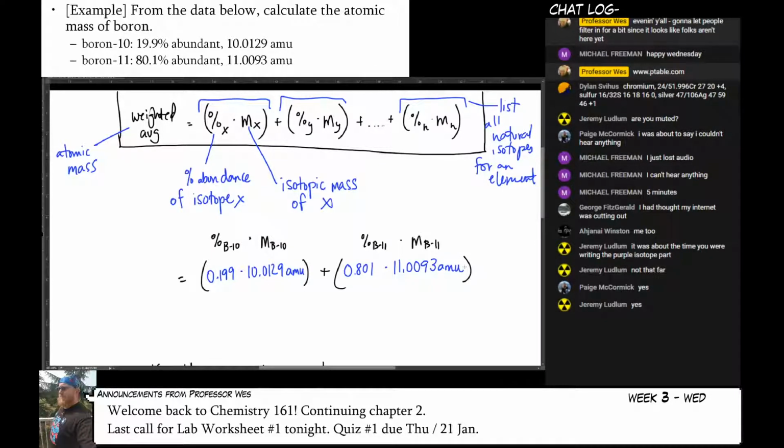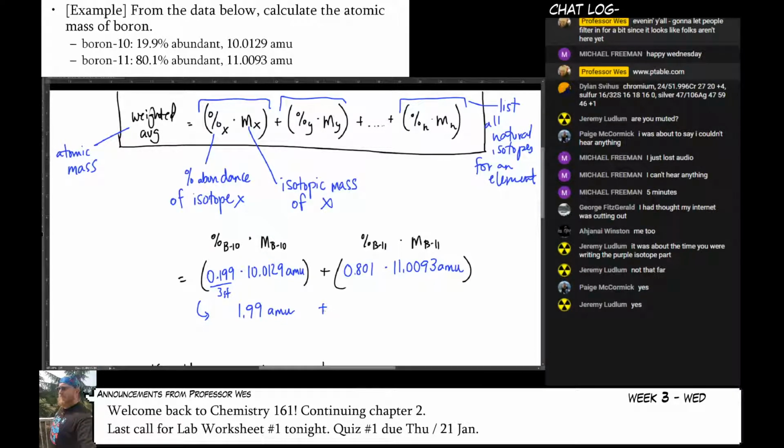And so now I just punch it into the calculator, but I have combined functions, so I need to do multiplication first, then addition. So 0.199 times 10.0129. I get 1.9925671. I only get to keep 3 sig figs here. So this part becomes 1.99 AMU,